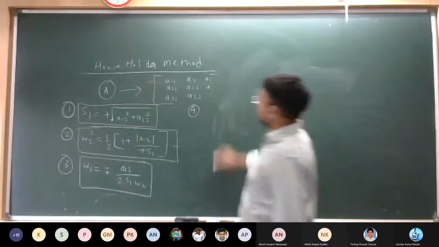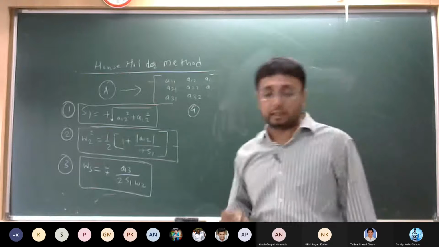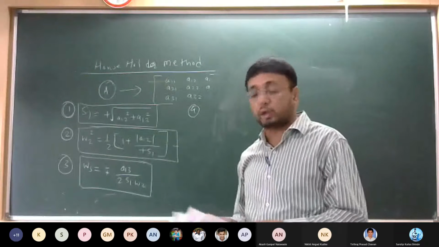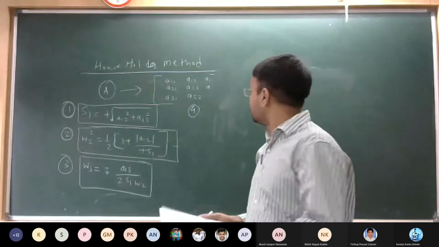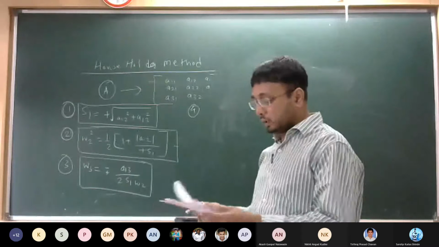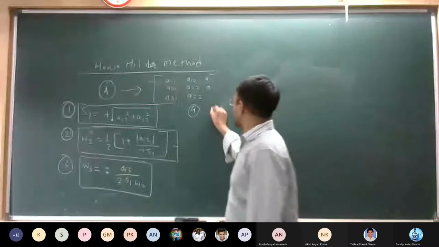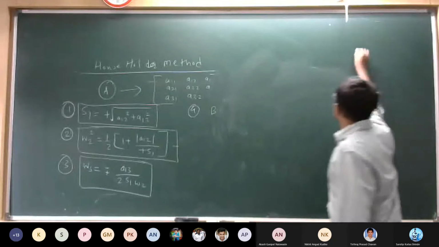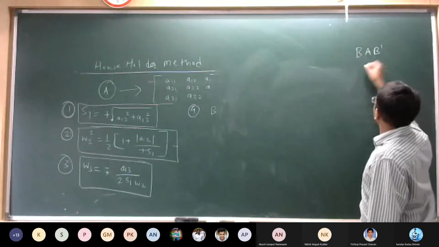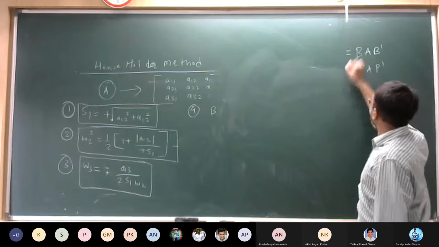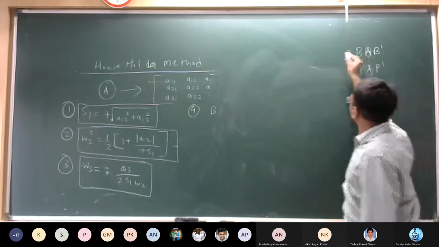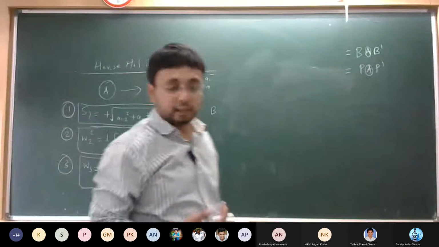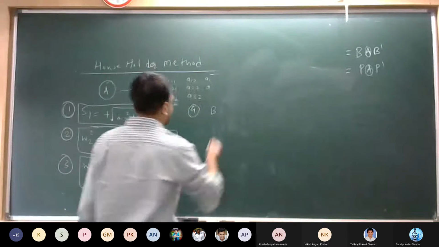We need to calculate the P matrix or B matrix. Obviously we have calculated the W values, so using W2 and W3 we convert into P or B, whatever they may say. It could be BAB we need to calculate, or PAP dash, with the given matrix. This way we can convert into the tridiagonal format. The nomenclature would be different; it could be considered B or P.